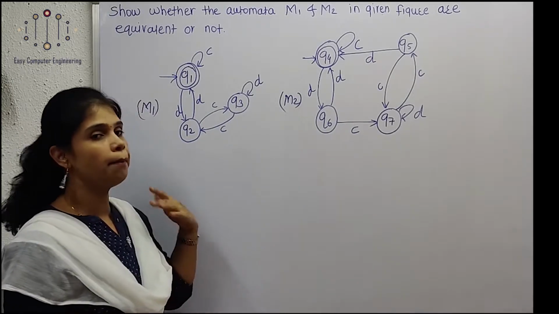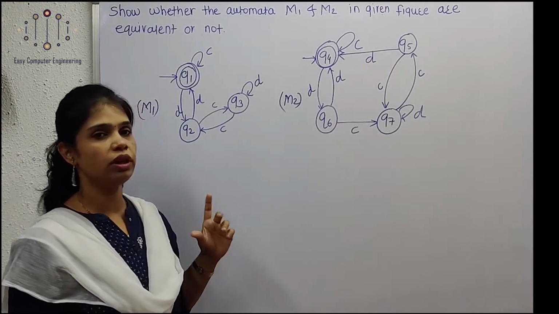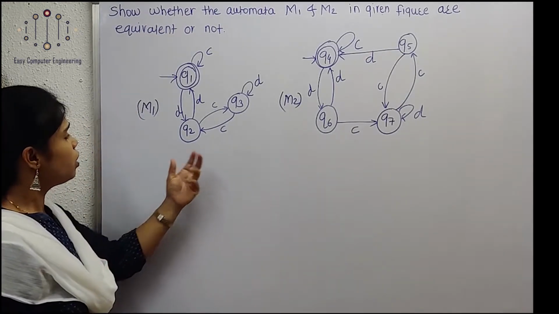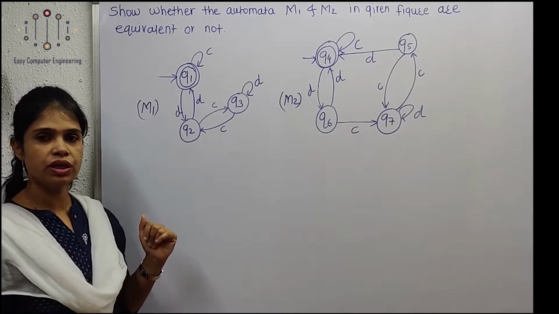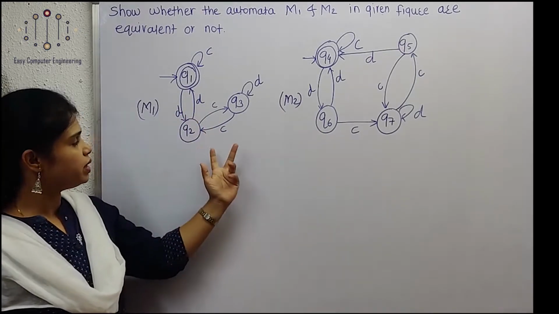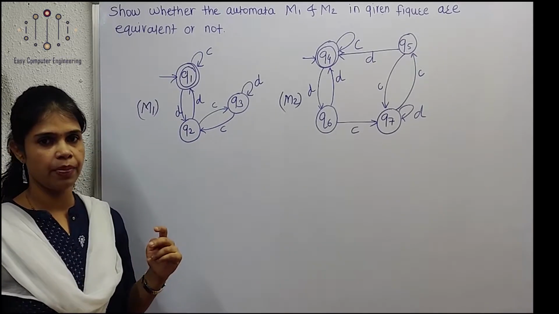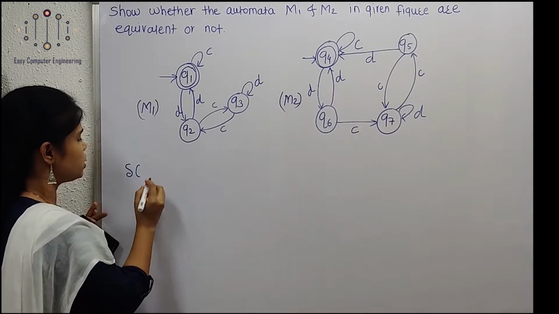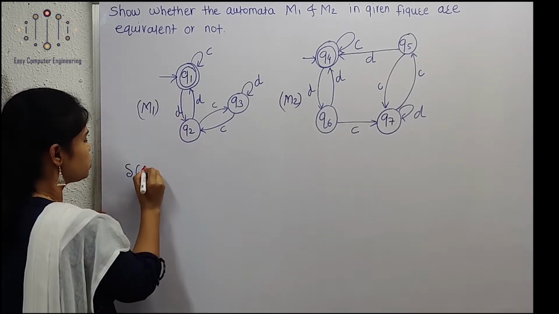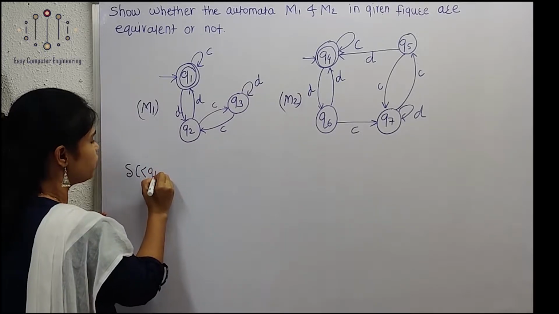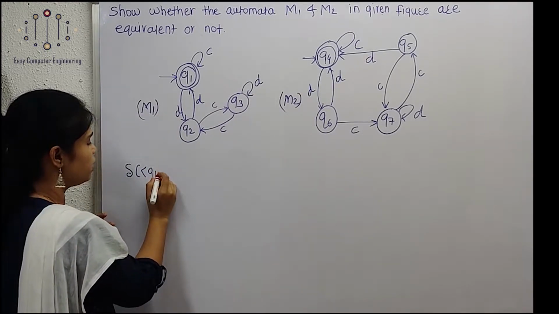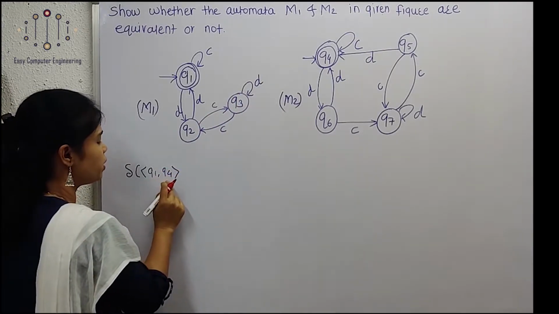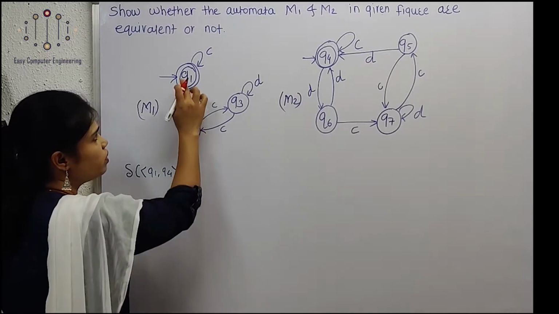Now we are going to combine these two automata and form only one diagram with their help. We'll start with the initial state. The initial state is Q0 for this diagram and Q4 for this diagram. So we are writing the transitions from these first. Here we are going to take the pair of states from M1 and M2, and show which transition?